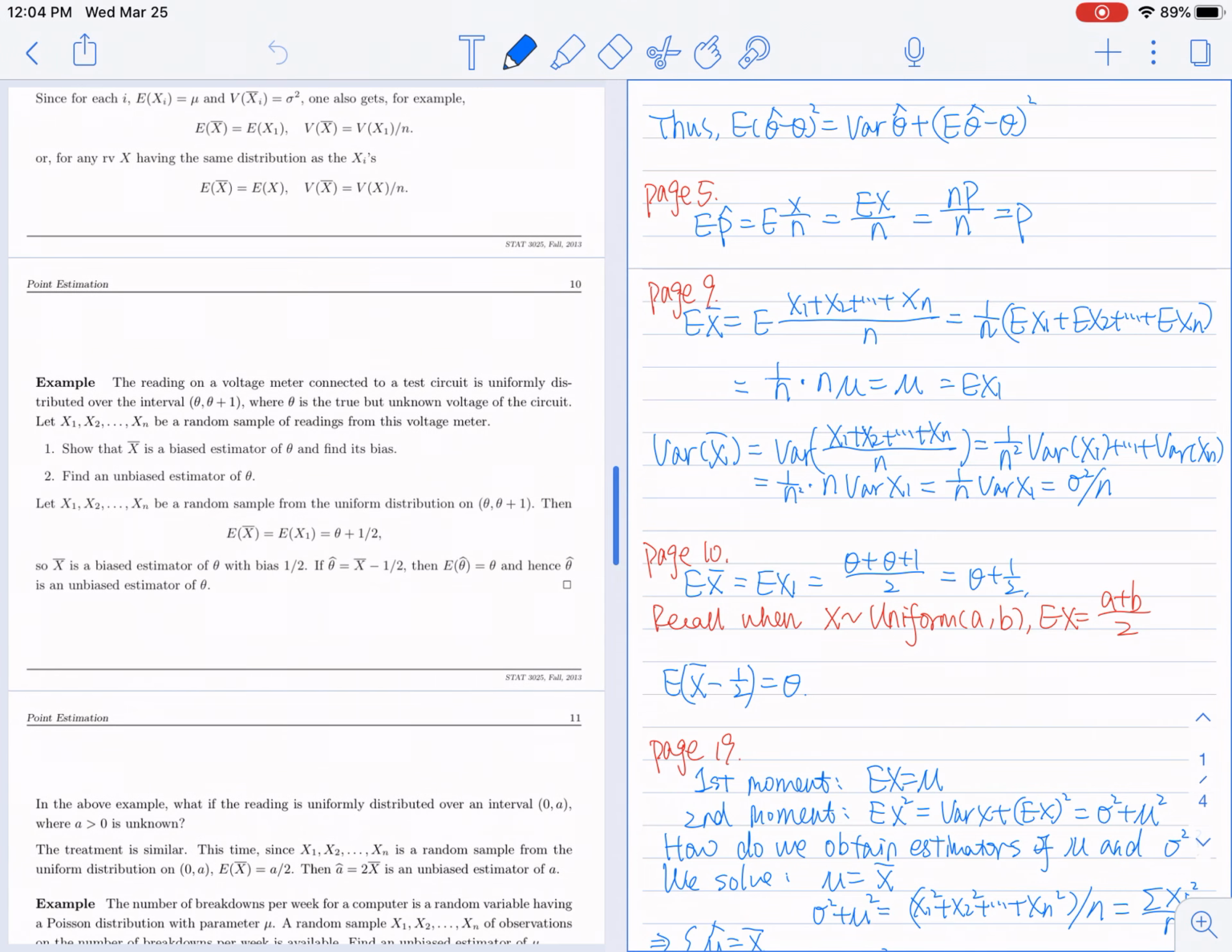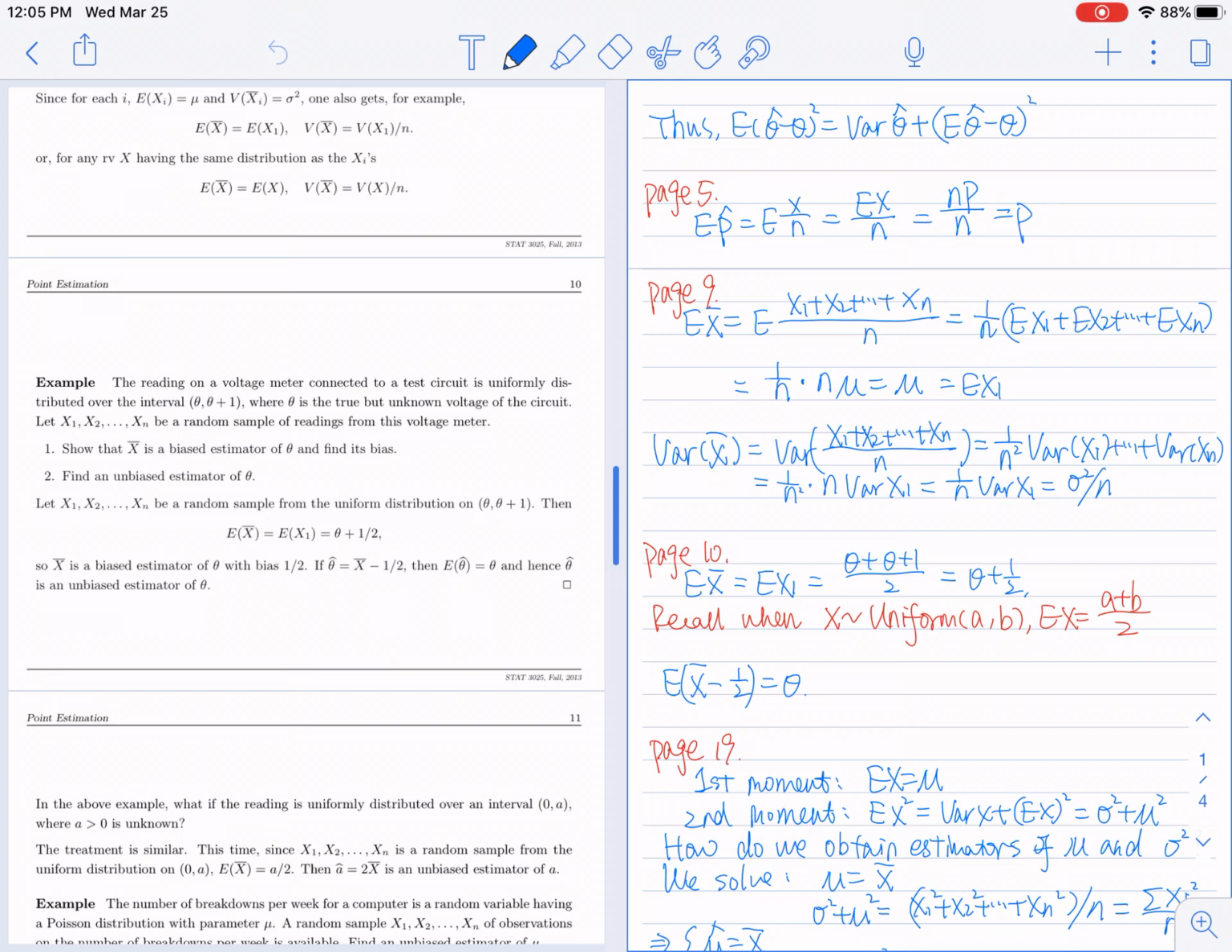Here we give another example. So this is a uniform example. You can again pause this video and read through the problems. And first, we need to show that x bar is a biased estimator of theta, and we need to find